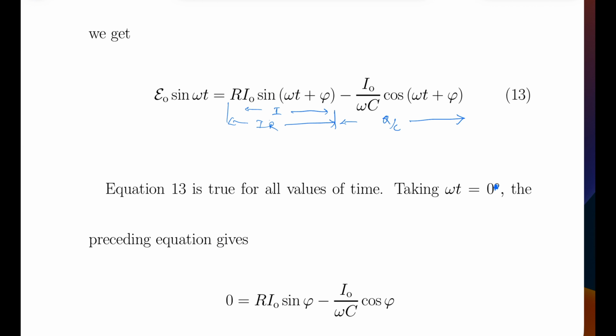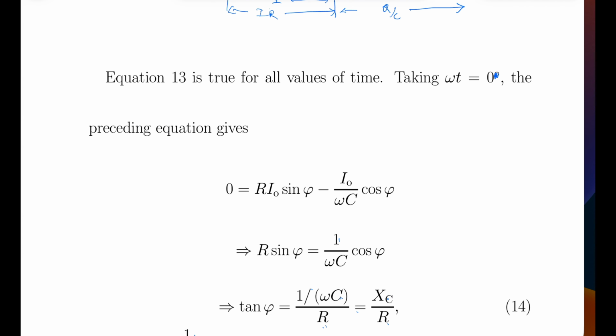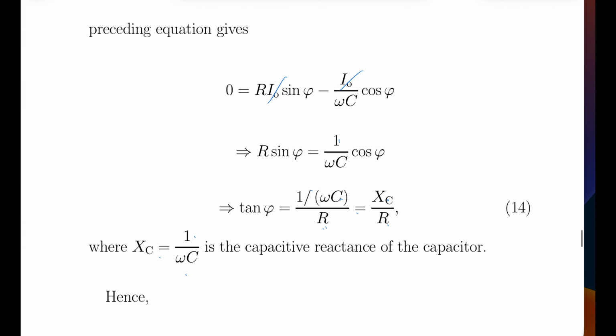So left side is 0, equal to R I naught sine phi, because omega t is 0 here, minus I naught by omega C cos phi. So we have R sine phi equals 1 upon omega C cos phi, because I naught cancels from both sides. So tan phi is sine phi by cos phi, which is 1 upon omega C upon R. This is written as XC upon R, where XC is equal to 1 upon omega C, the capacitive